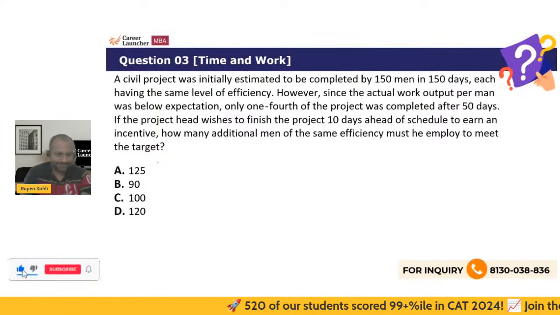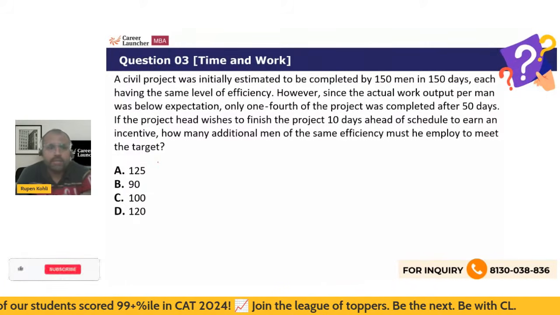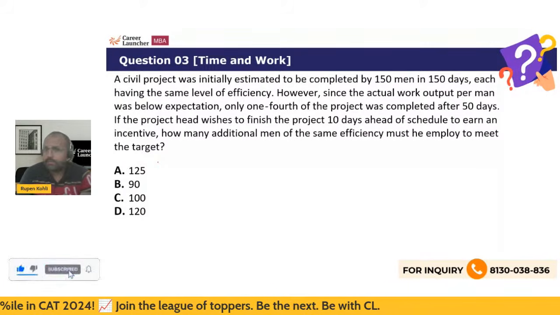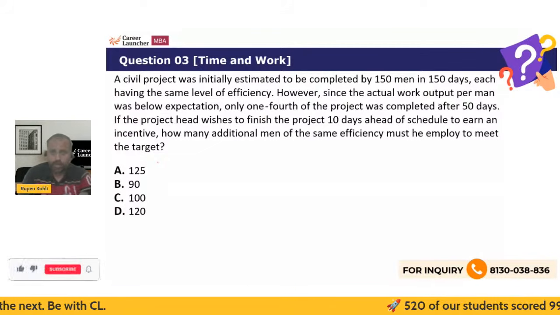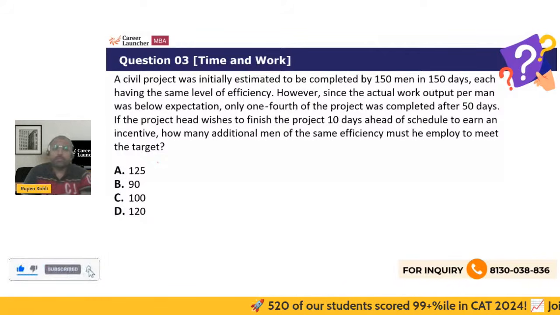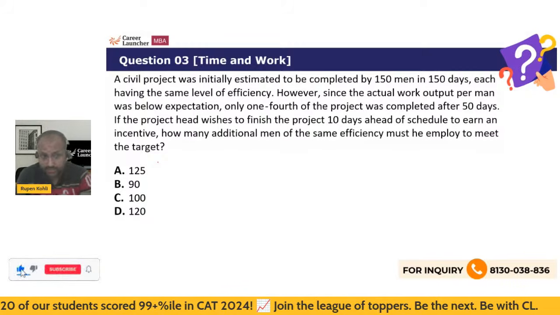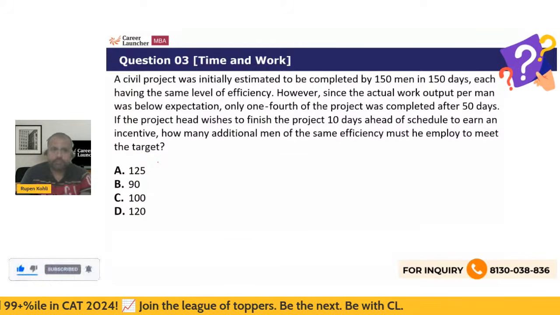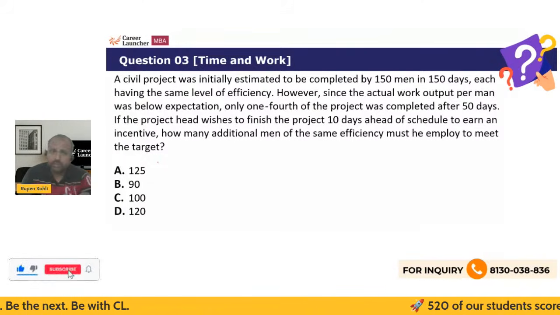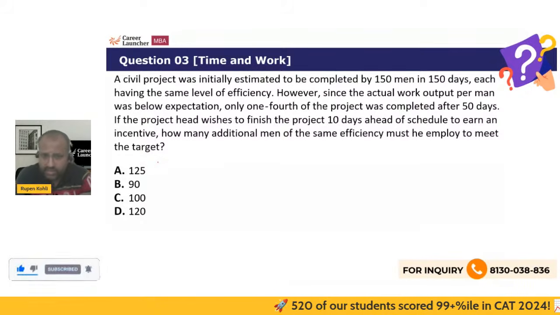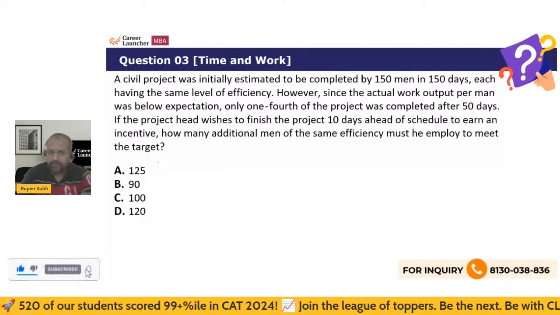Time and work. Ooh, very lengthy question to read. Okay, let's read it together. A civil project was initially estimated to be completed by 150 men in 150 days, each having the same level of efficiency. However, since the actual work output per man was below expectation, only 1/4 of the project was completed after 50 days. If the project head wishes to finish the project 10 days ahead of schedule to earn an incentive, how many additional men of the same efficiency must he employ to meet the target? Very good,